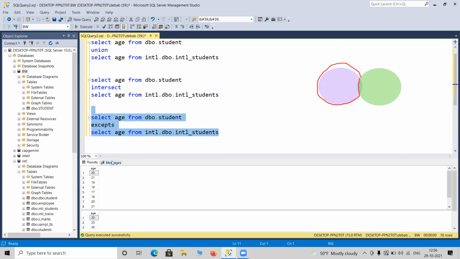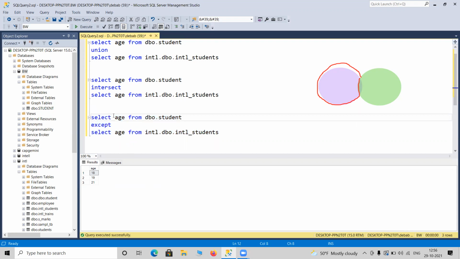So it is not going to show me that data. Okay, look, it is not going to show the other values like 17 and 20.